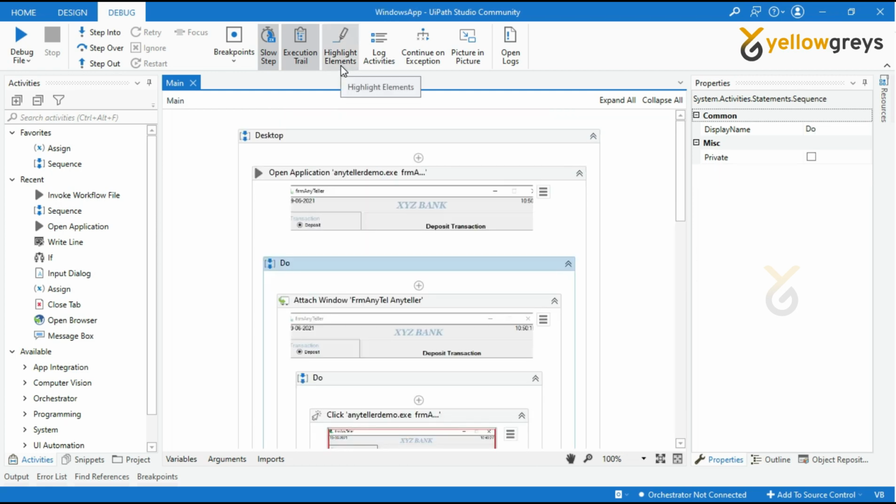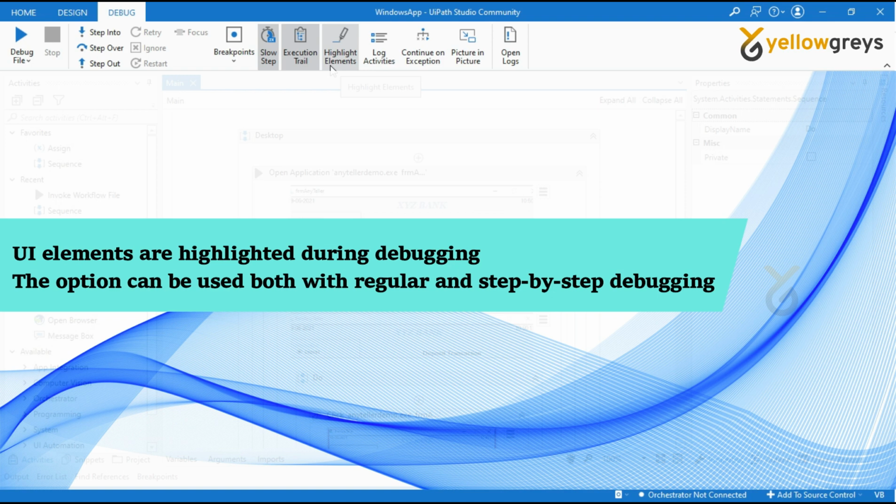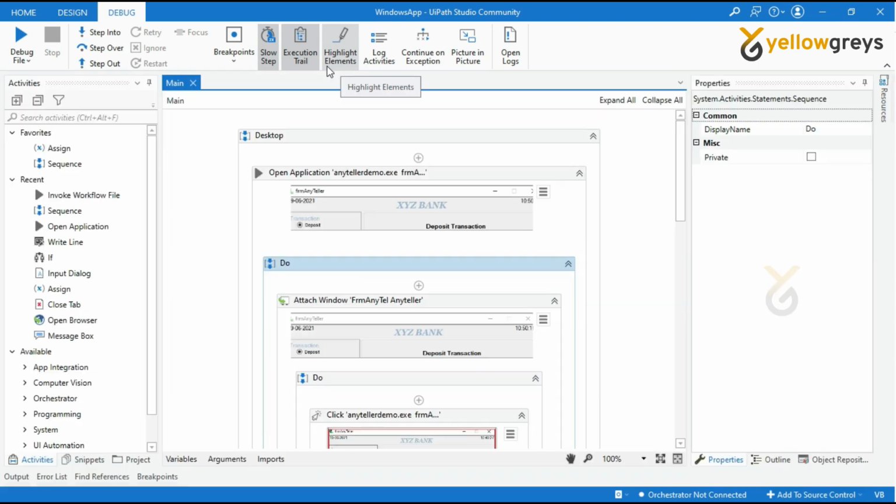Now we will look at the highlight element option. UI elements are highlighted during debugging. The option can be used with both regular and step-by-step debugging. Here I have another process to see the practice of highlighted elements. This process is about entering data into a Windows application.